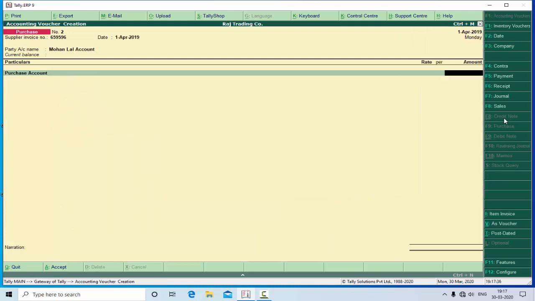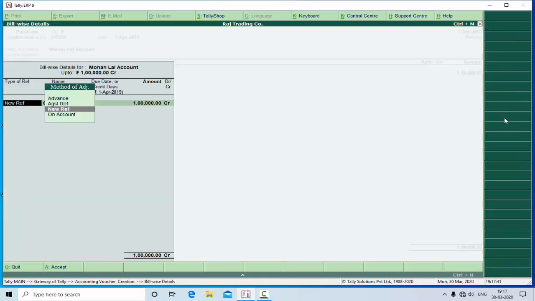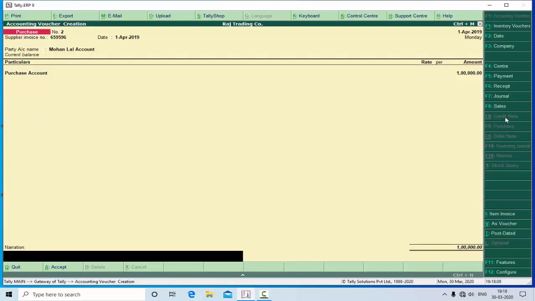We have purchased those goods from Mr. Mohanlal. I think you understand and you got my point. And you can enter the bill number. If you want to maintain that entry bill by bill, you can enter the bill number here. Select the new reference when you purchase your goods. When we purchase the goods, select new reference, enter the bill number which is already entered, it will automatically select it, and enter the amount of purchase here,